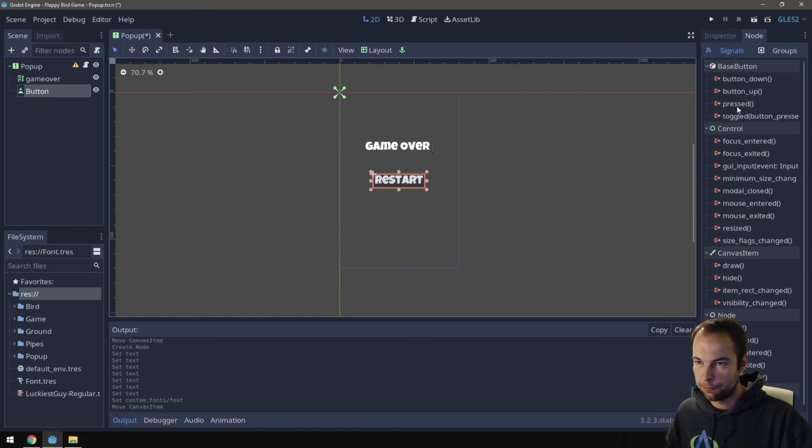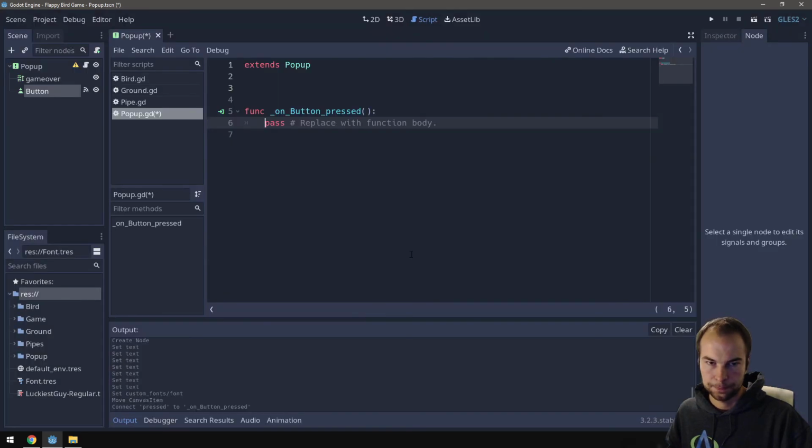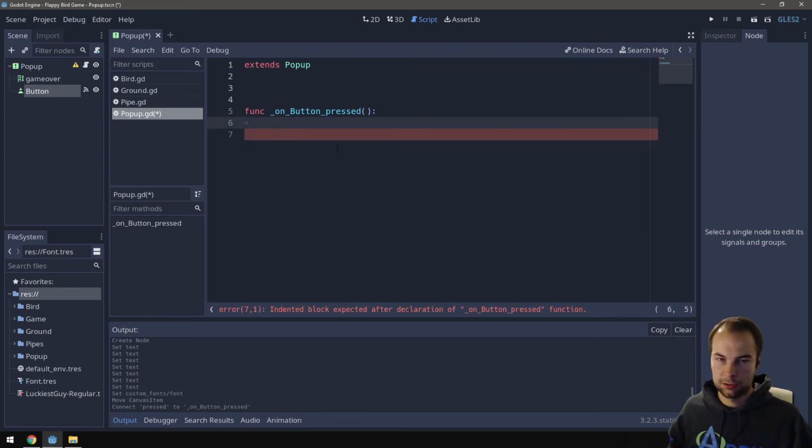So what I want is when the button is pressed, so let's double click it and connect to a script. I want to connect it to the Popup script, and I can click connect. And as I do that, notice how the script was empty before, and now I've got this added to the script, which is nice. It just tells me that this function will do something when this specific button is pressed. And what do I want this script to do? Well, I wanted to restart the whole game and then unpause the game. So one way to restart the game in Godot is